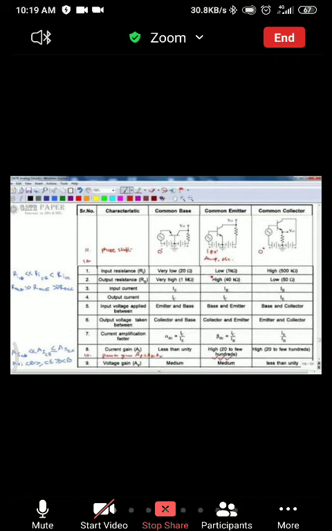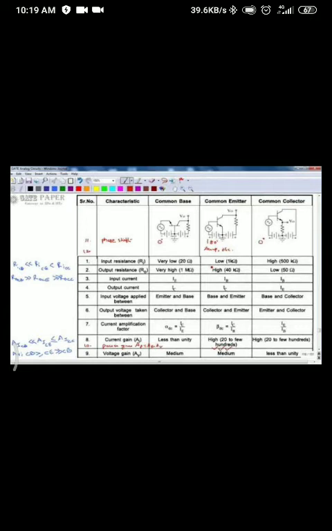So in this unit we have studied right from the basics of transistor: what is a transistor, how a transistor is manufactured, how a transistor is configured, and how the transistor operates. Right from the symbol to the construction we have seen. Two symbols are there, NPN and PNP. NPN is the transistor where in the N material the P type material is embedded, and PNP means the P type material is taken and the N type material is sandwiched in it. So NPN and PNP, two types of transistors are there.